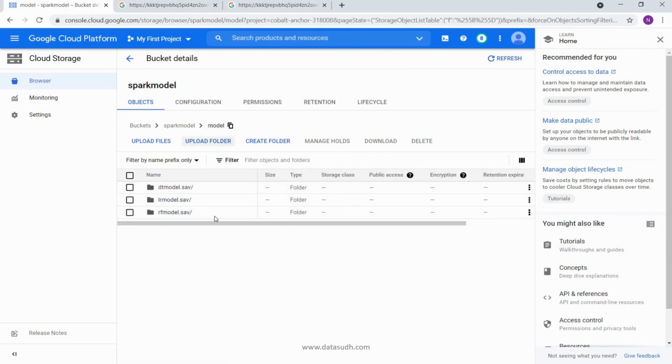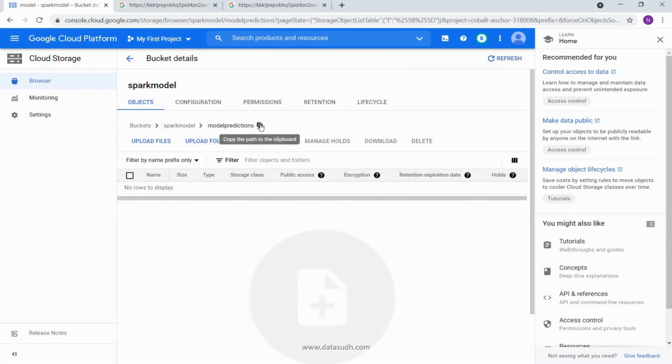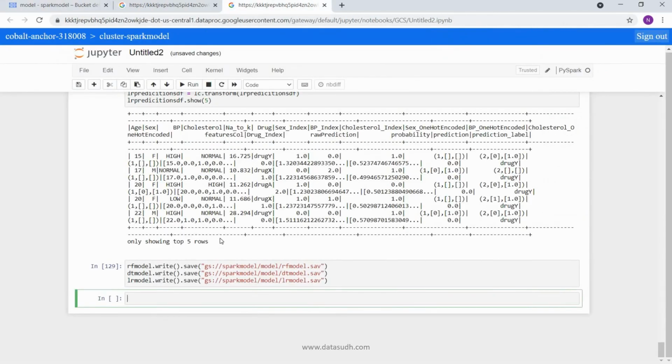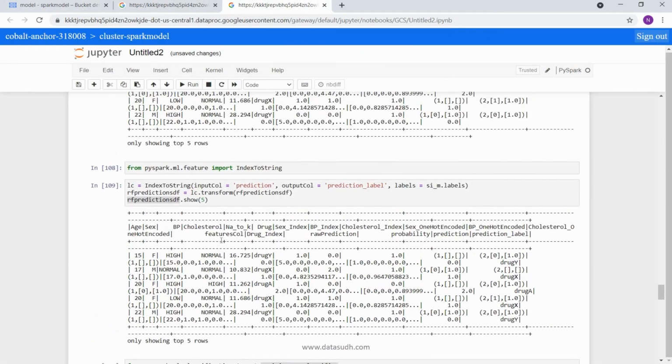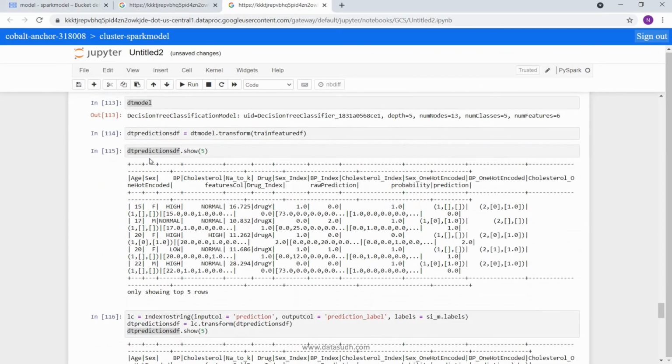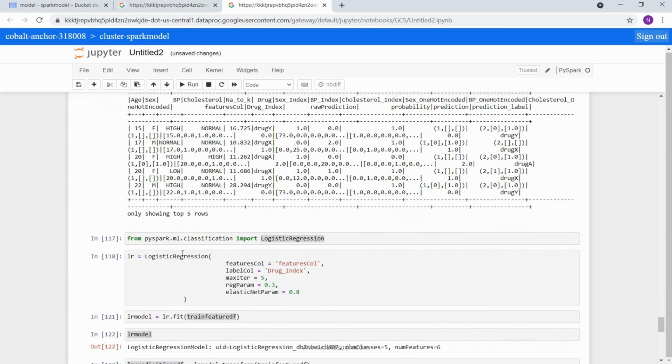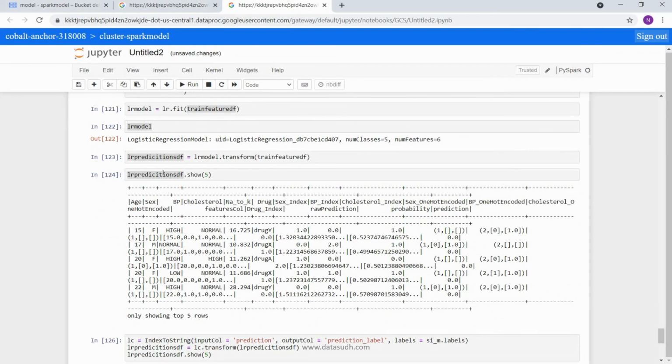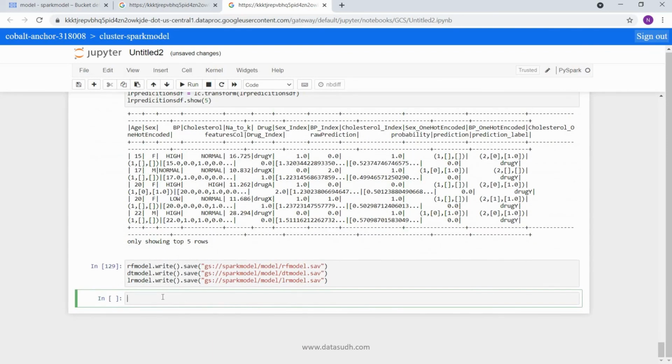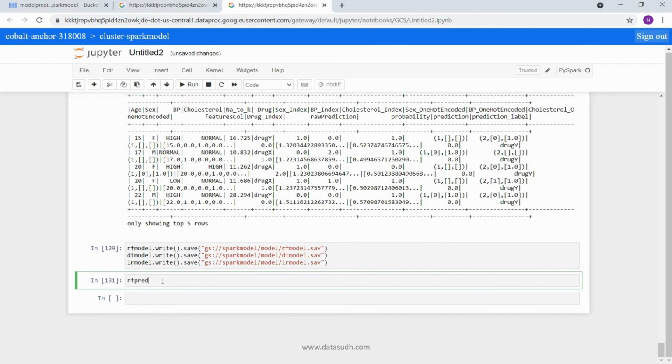Okay, now we are going to do the same thing for our model predictions. Copy this path. So for random forest model, our predictions was RF predictions DF. For decision tree, it was DT predictions DF, and for logistic, it was logistic predictions DF. So now we are going to write RF predictions DF, and we are not going to write it in CSV format. We are going to write it in Parquet format to store it, because this has vector columns and array tables. So CSV is not going to accept that.